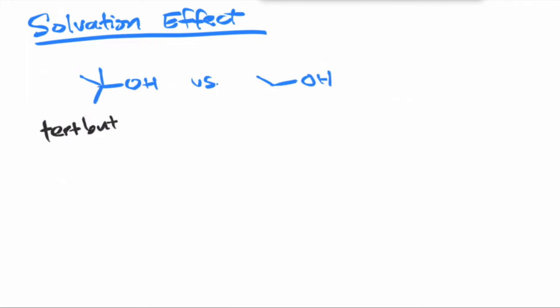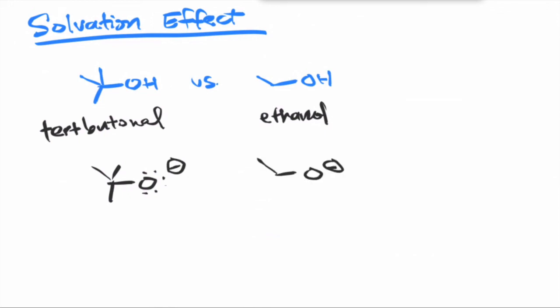A prime example of this is to compare tert-butanol and ethanol. Okay. They are both alcohols, so you would imagine them to have the same pKa's. But in fact, ethanol is 100 times more acidic than tert-butanol. And the reason behind this is the solvation effect. So as we draw in the conjugate base of both of these molecules, we want to see how its negative charge is being stabilized. Using ARIO, we can see no difference between these two molecules.